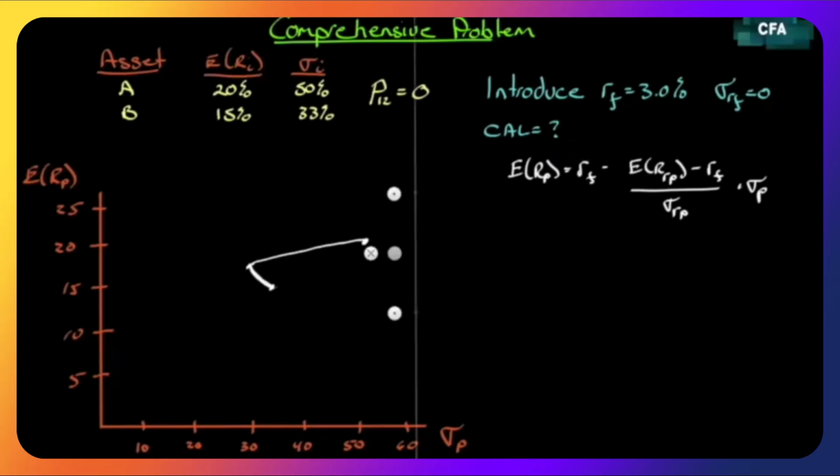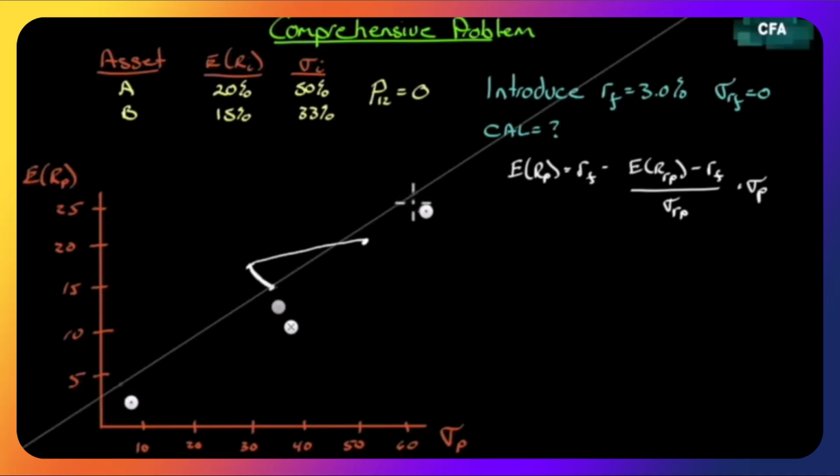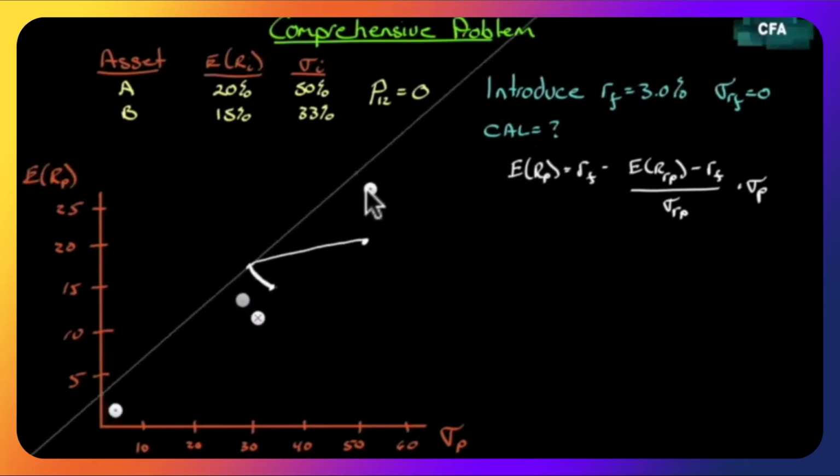Well, that's easy enough. Believe it or not, all we have to do is take our point. And notice, I like this program. See these two little dots over here? In case you're thinking of using it, this is Sketchbook. These little two dots are anchors. So I can anchor this at 3%, and then I'm free to rotate this around, and notice the 3% stays anchored. So I can find a tangent to our line over here without having to adjust each point, and I can simply draw the capital allocation line right through it. So there is our risk-free rate. Here's our capital allocation line. So that's easy enough to do.